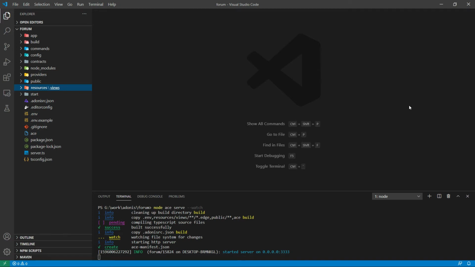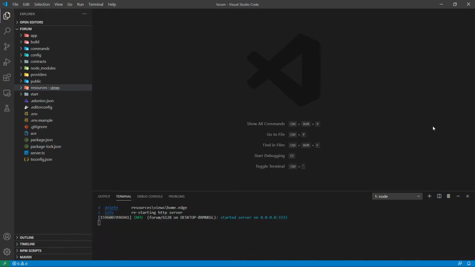Adonis uses a fully featured templating engine called Edge. Edge supports conditions, loops, components, layouts, partials, as well as you can do runtime debugging with Chrome DevTools. And the most important thing is you can extend it the way you want. The extensible API of Edge let you add your own tags to extend its functionality. Let's figure out with an example how Edge works.